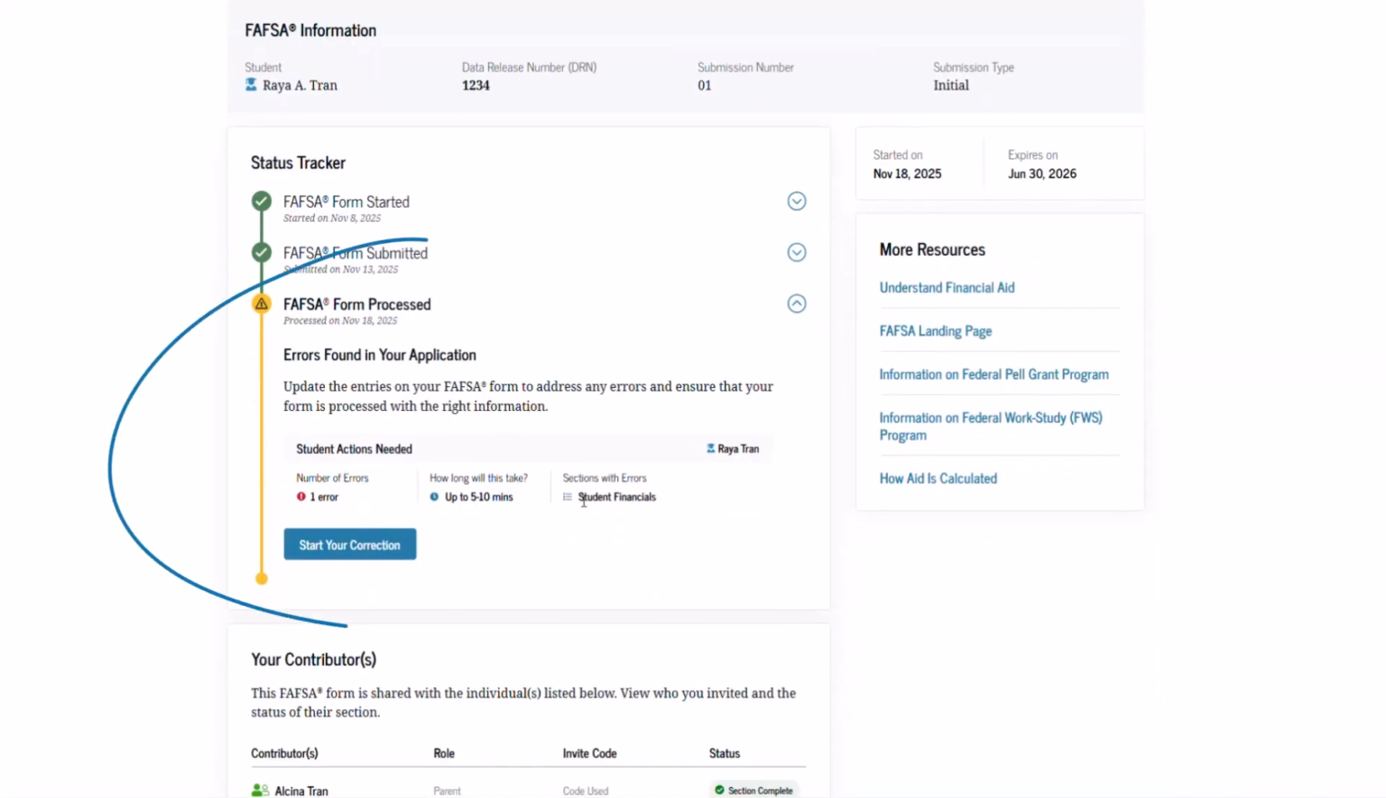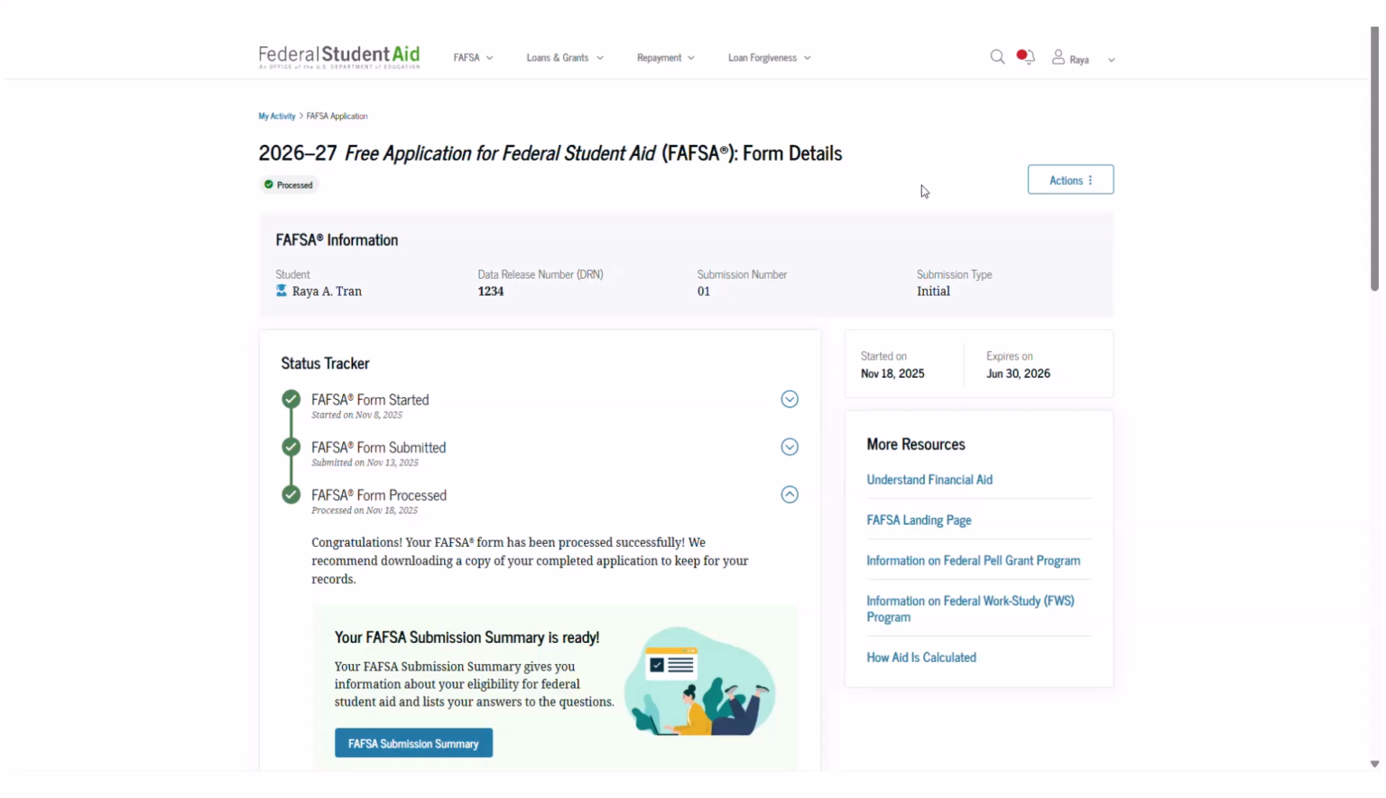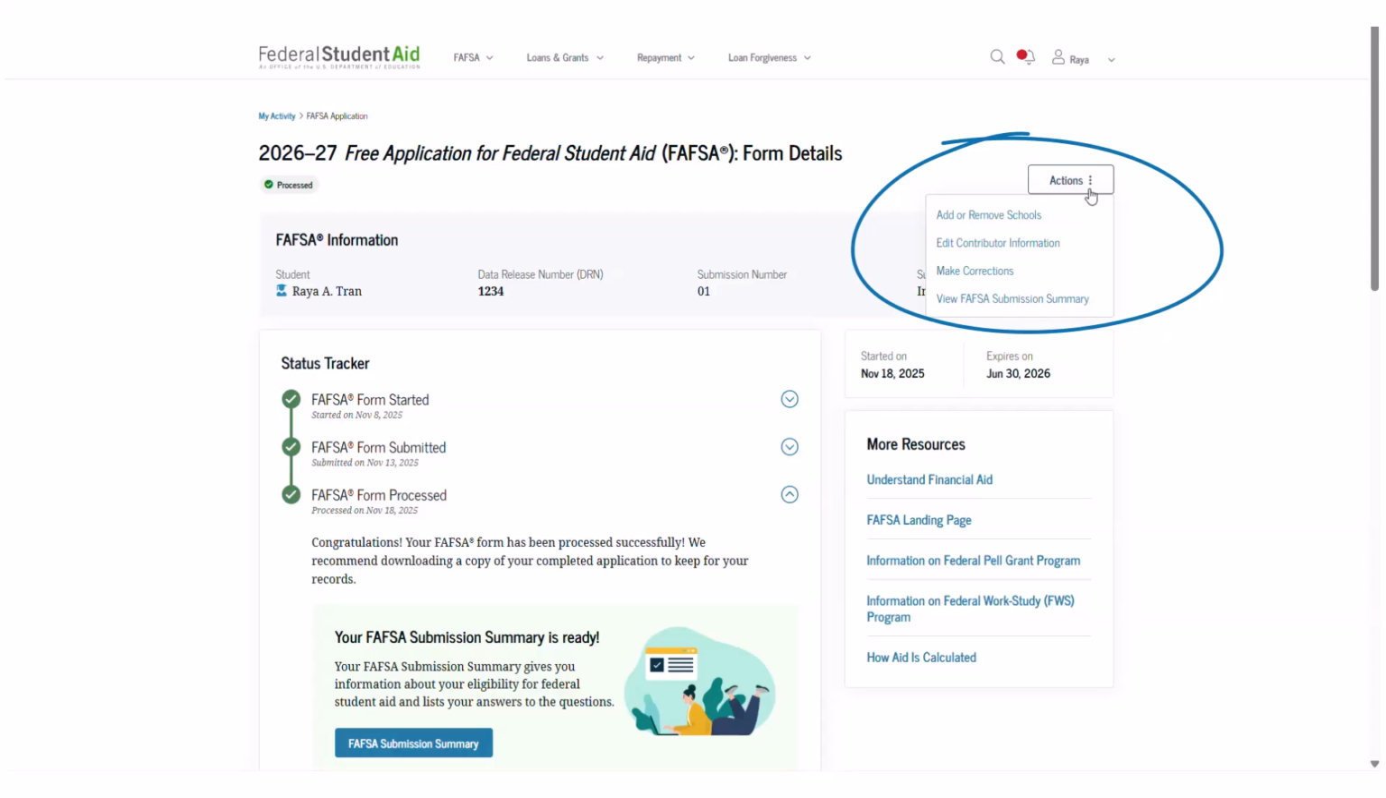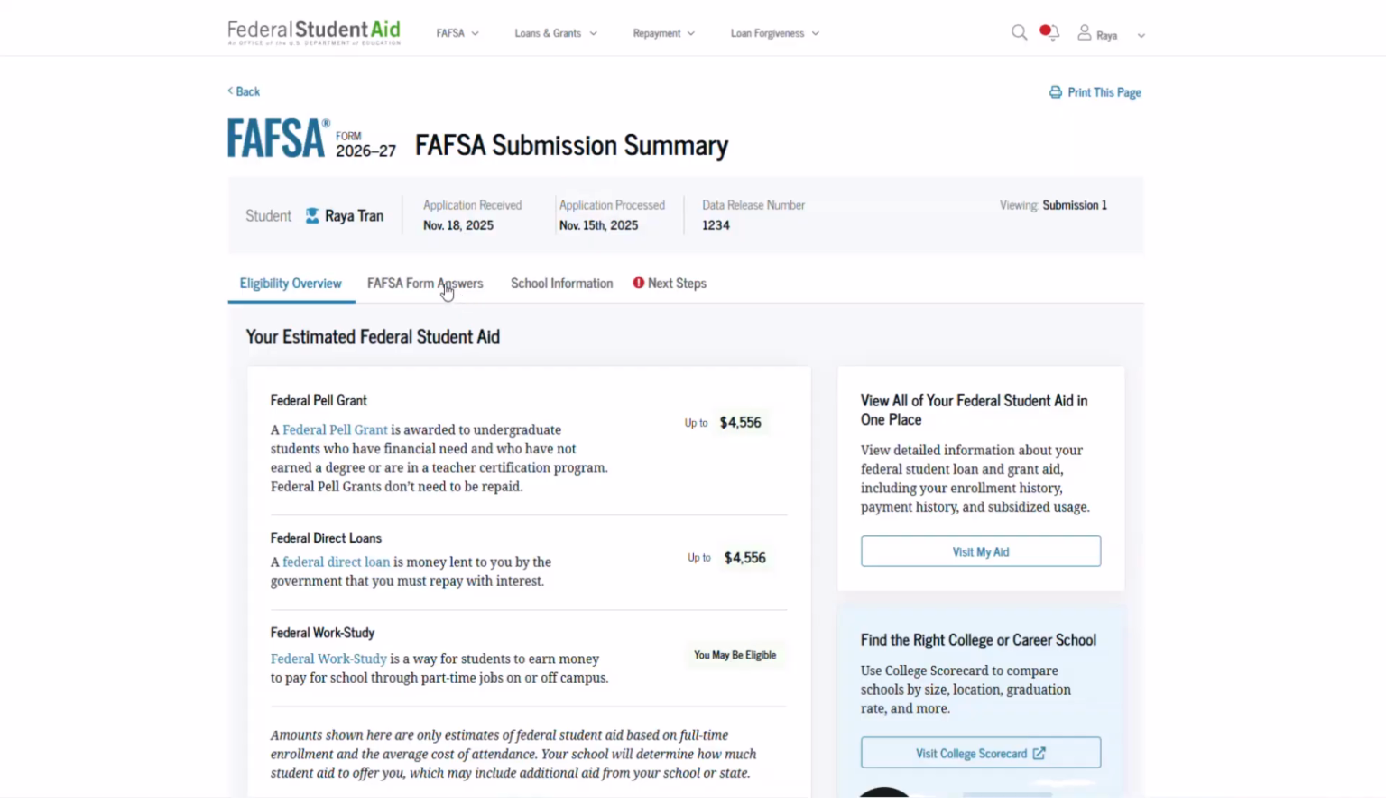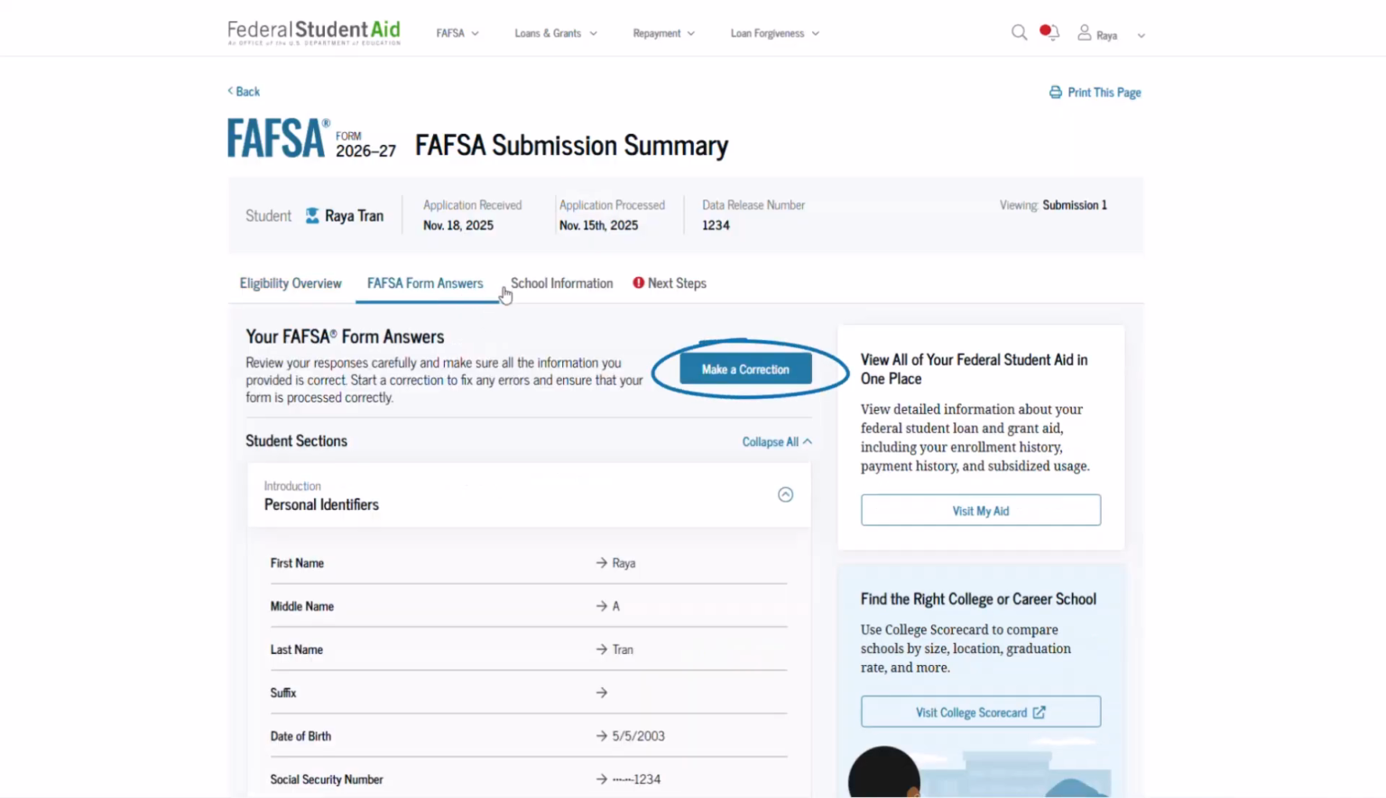If the FAFSA has flagged a correction, you can find the section that needs a correction on the status tracker. You can also access corrections from the Actions menu in the top right-hand corner of the page. If you access corrections via the Actions menu, you must navigate the form to the area you want to correct. The other place to get access to the form to make corrections is the Form Answers page of the FAFSA